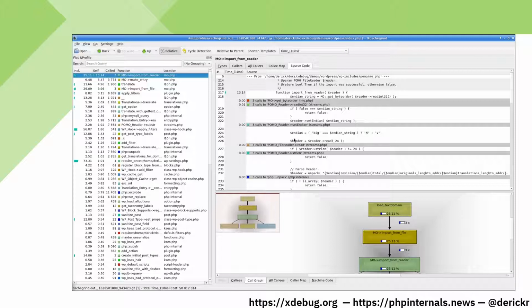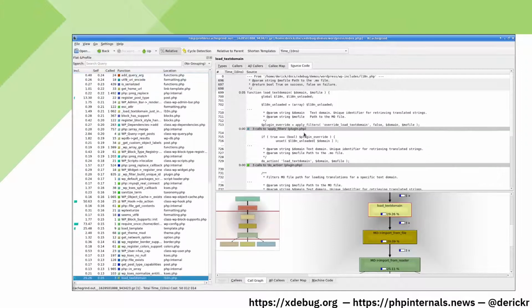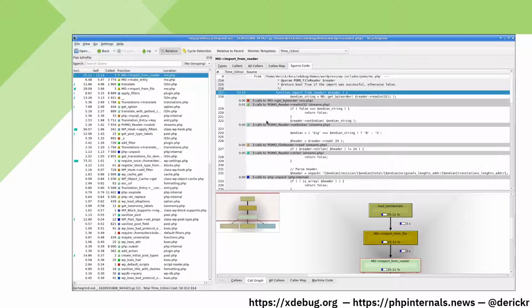Now, it is possible that WordPress does this not in development mode, but I don't know WordPress, so that might as well be the case. Of course, to actually figure out how the code actually works, we need to use a debugger and not a profiler, but I'll save that for another video. Now we have found our first culprit. It is of course the task of the developer to actually come up with a way to improve this function itself, perhaps by caching what it does. But at least we have used a profiler to figure out a function that potentially can be optimized.